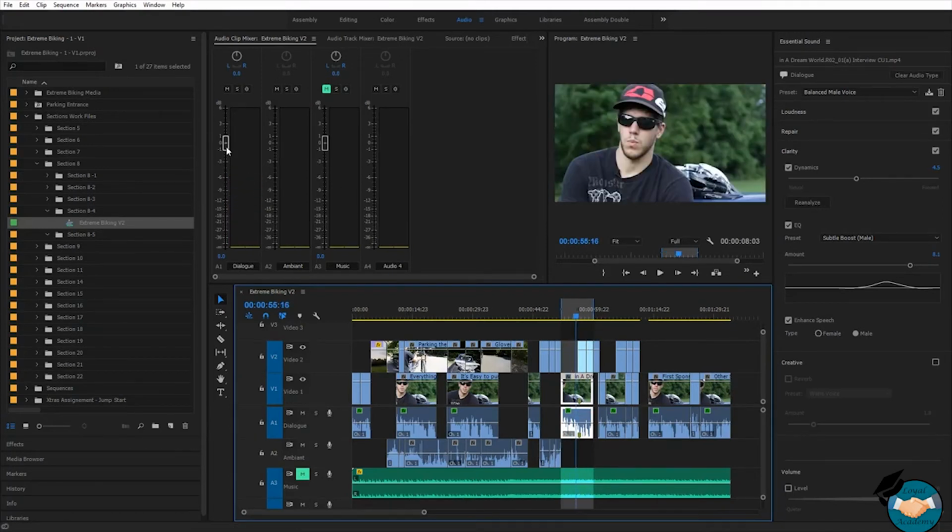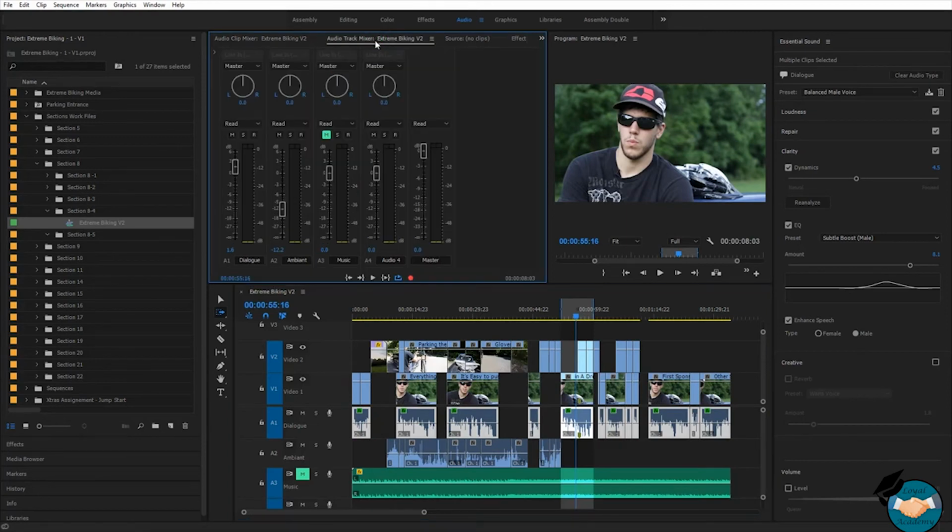So obviously the volume is pretty high, hitting -3. We need to lower it down to -12. Now it's not good to be in the clip mixer and start working on one of them. Let's work on all of them. Press A, Control and Alt or Option on the Mac, select everything and then go to the track mixer here